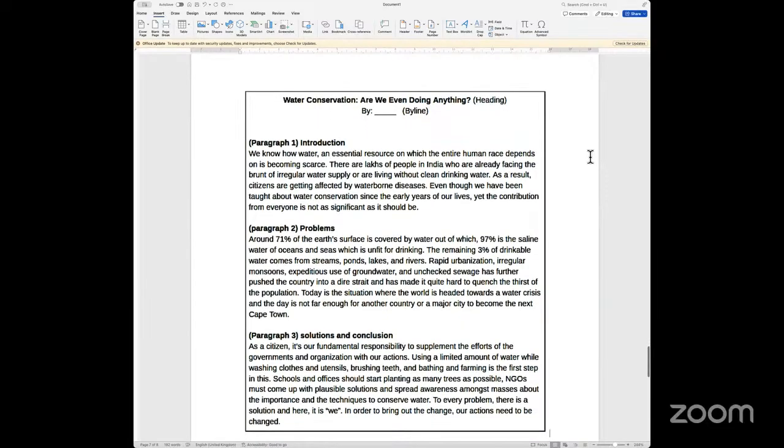So here again, when you write an article, there are two things that you have to keep in mind, and visually keep that in mind. One part is to basically say the headline, which is the article. So water conservation, and you're forming some sort of sentence to say what it is that you're going to actually discuss in that article. And the second would be a byline, which will be something related to the article or related to the author who's writing the article. So in this case, it would be things like, for example, an article by so-and-so, an article by Raman Singh, or you could write a date, and that is how an article would be.